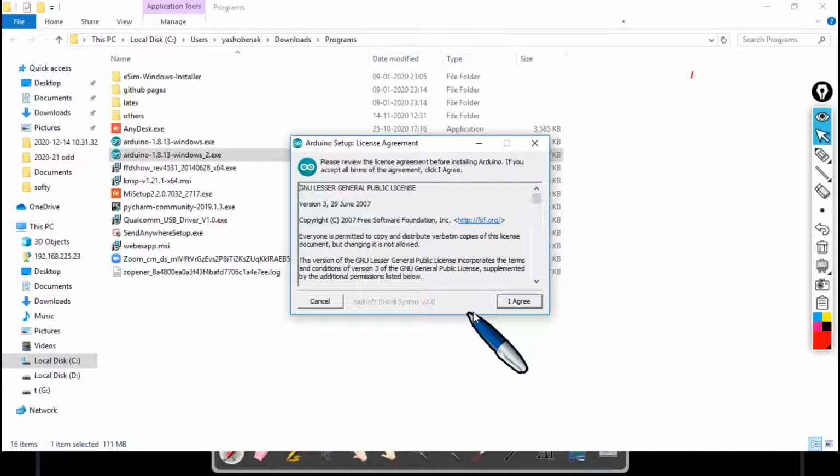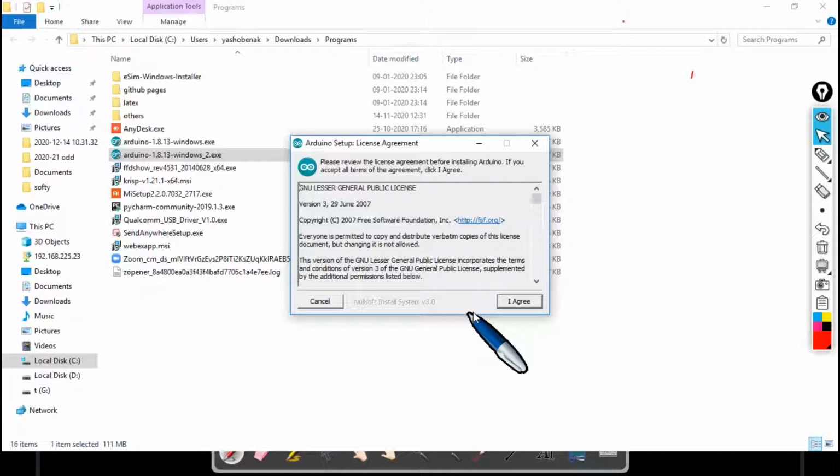Or if you want to change this path, you can hit browse and create your own folder in any of the other logical drives and install it there. But the recommended drill is to allow whatever path it's giving. After this, you have to hit install.